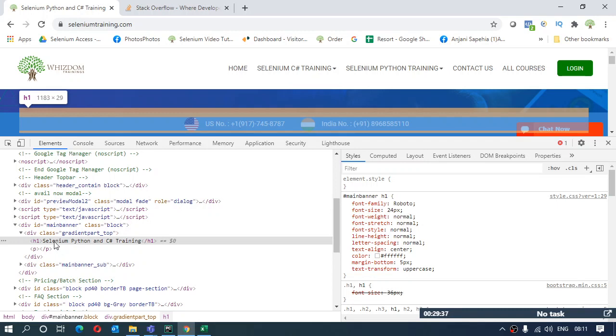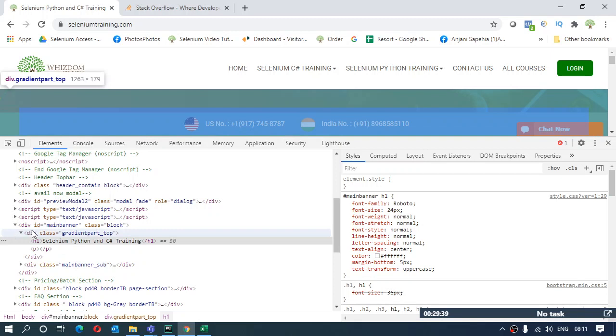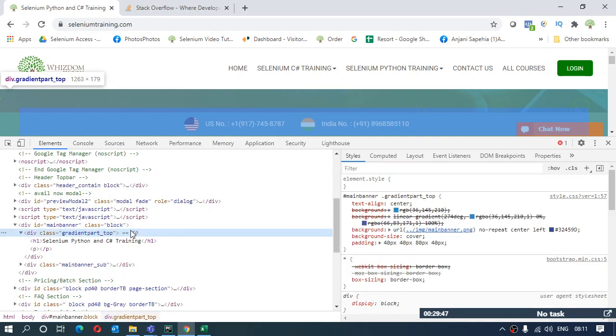Now if I move to the upper tag, this is the div tag which has a class attribute. We have discussed why we don't go with the class attribute. We don't prefer working with the class attribute while identifying a unique element, right? So we'll move to the upper tag now.